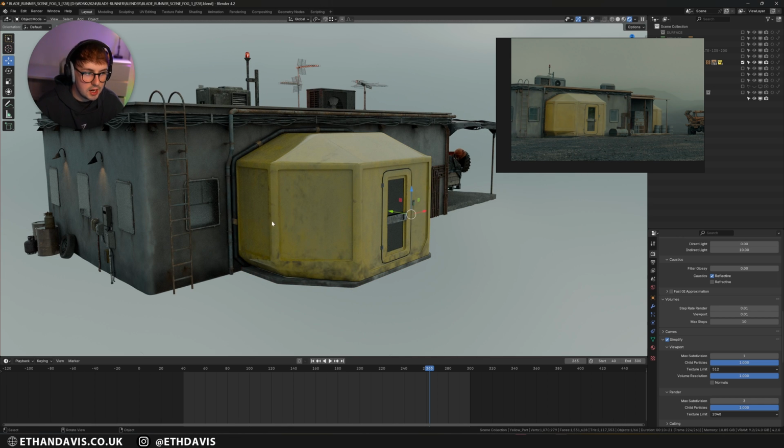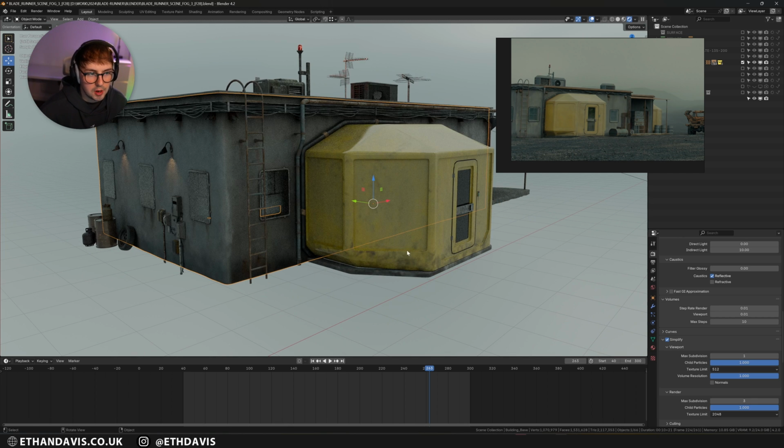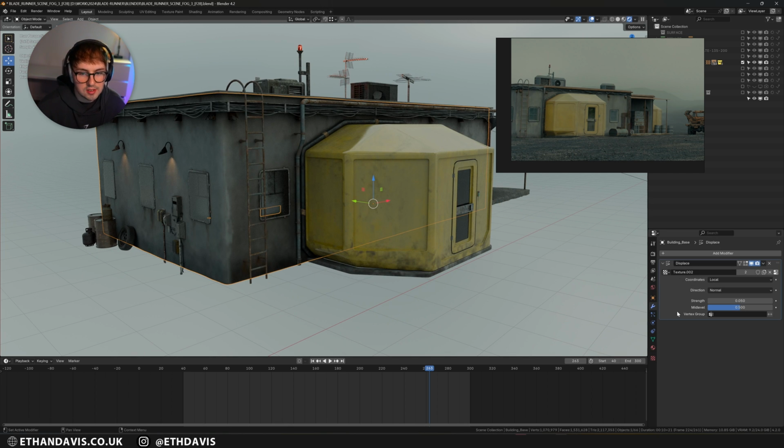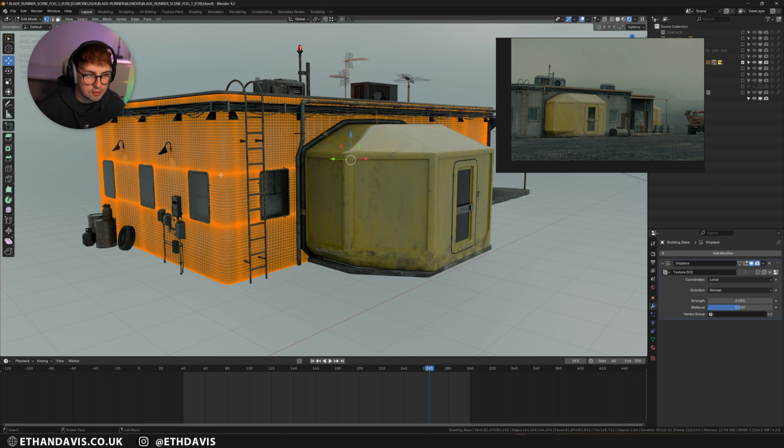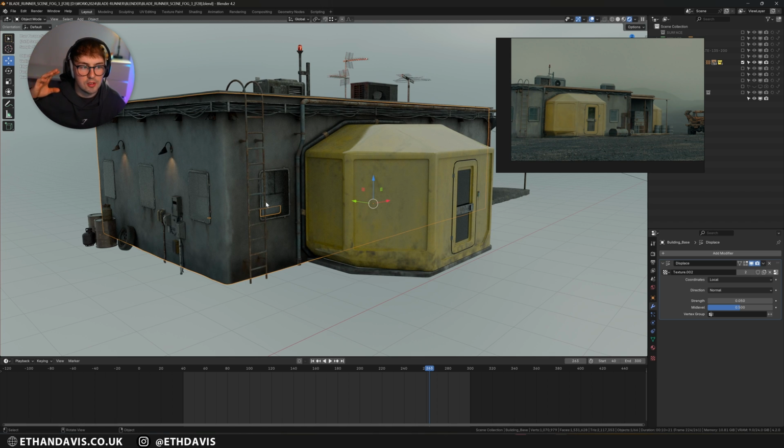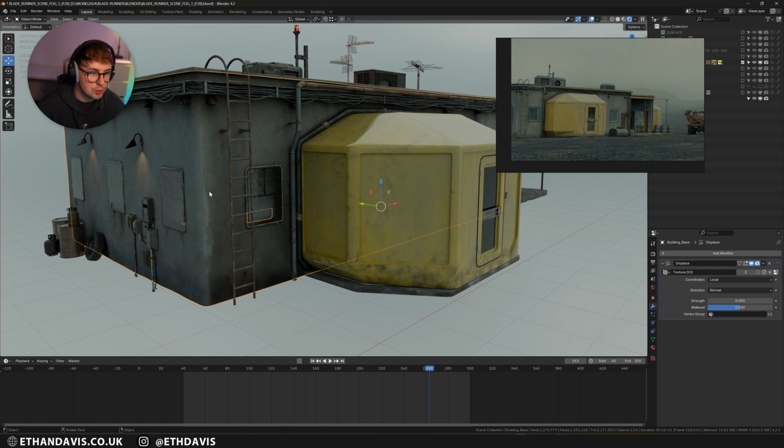And then from there I needed to model this building, which was super simple. I did end up using a displace modifier on it as well, so it's super high detailed, so that I could get a really nice warping effect of the concrete, as if it's, I don't know, just not perfect essentially. And then I textured all the detail in.